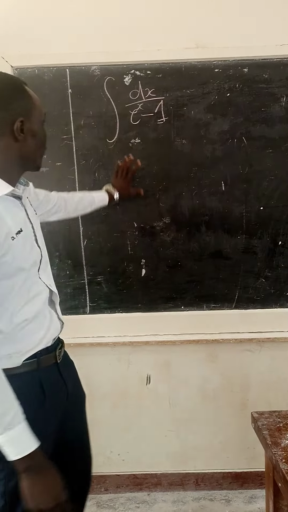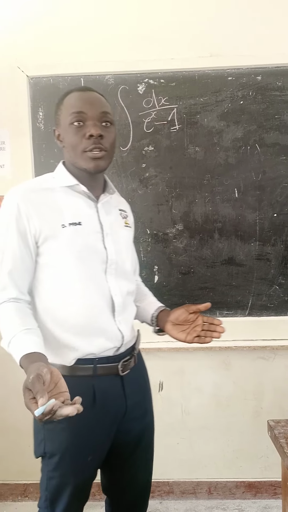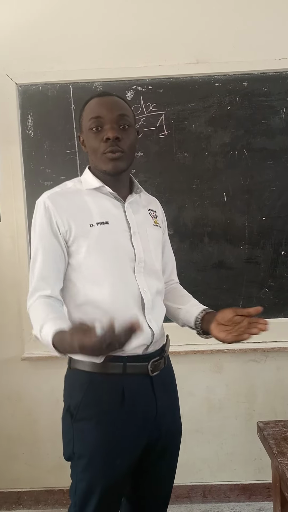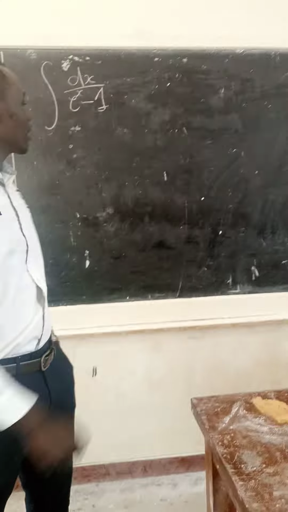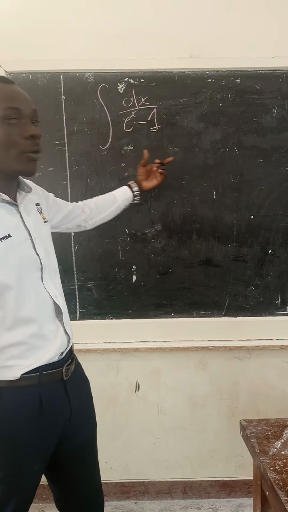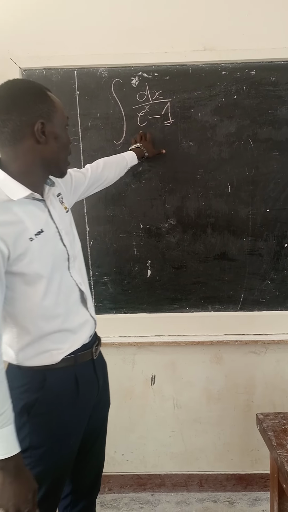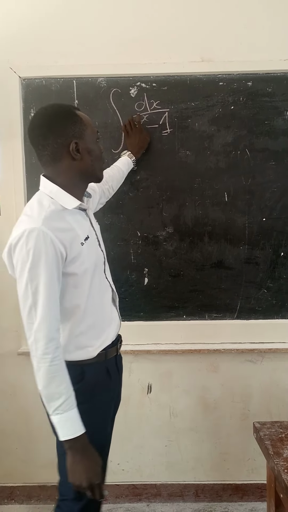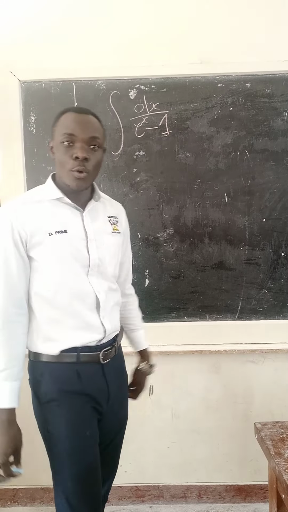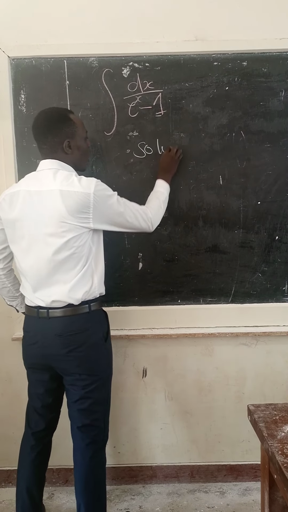What we do, we first look at the integral, we classify it into the types of integration and the types of methods we use to integrate certain numbers. And when you look at this one very well, you realize that before you use any other method, you may require to use substitution so that you can eliminate the element of the exponent power x minus 1. How do we do this? Let us see. In our solution,